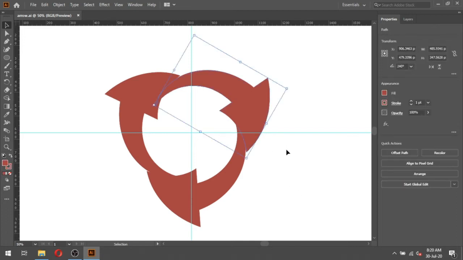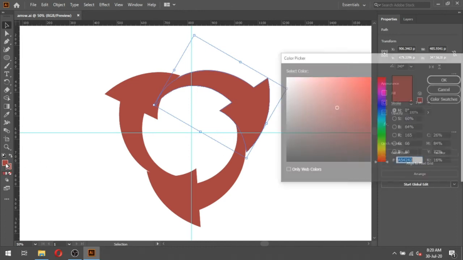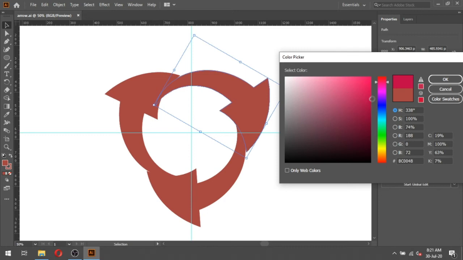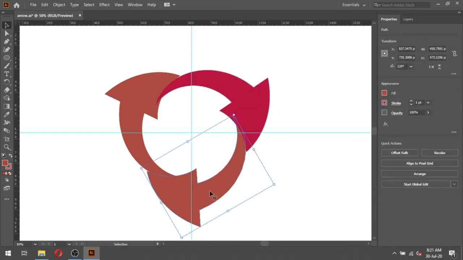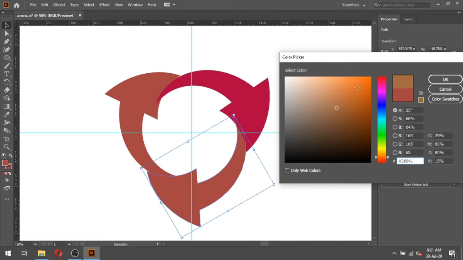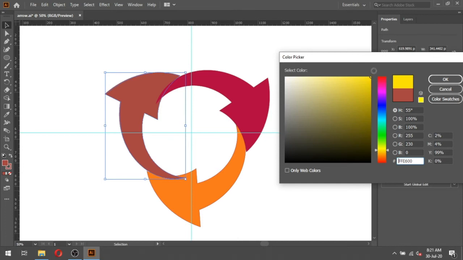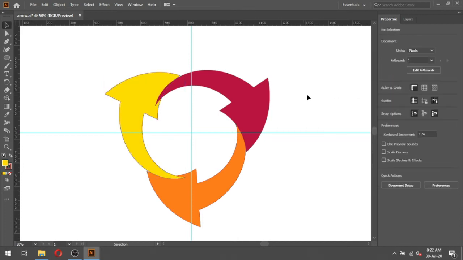Now change the color of these three arrows. You can choose your color according to your need. Change the color. Now we have created our basic shape.